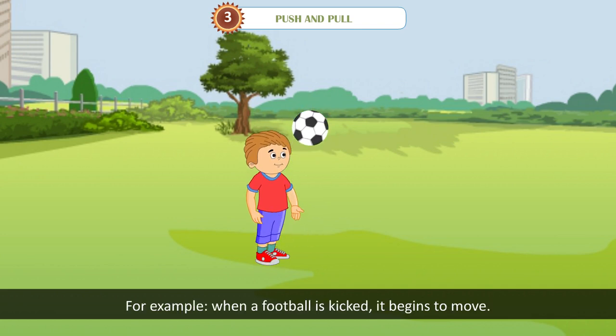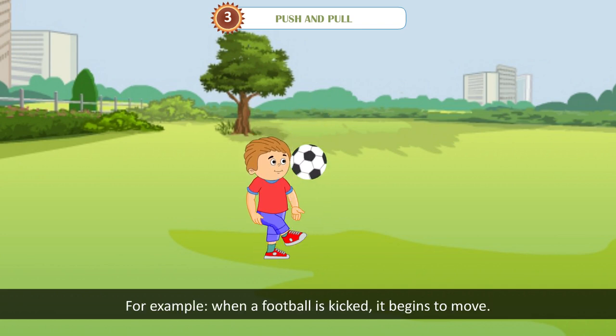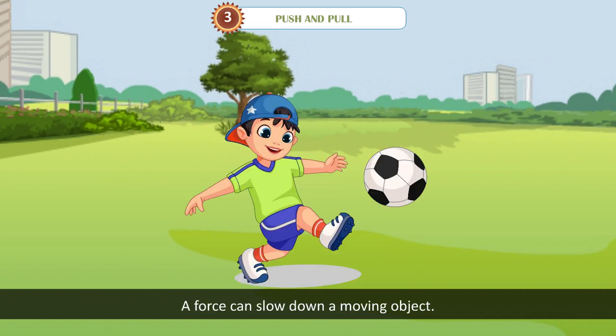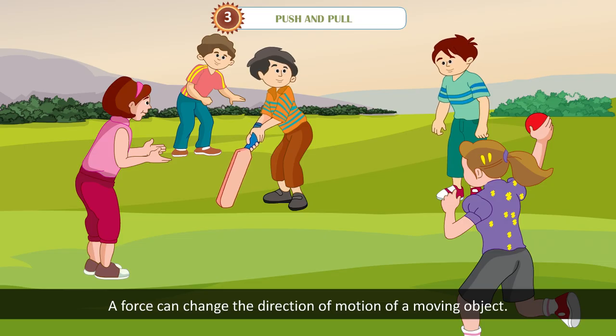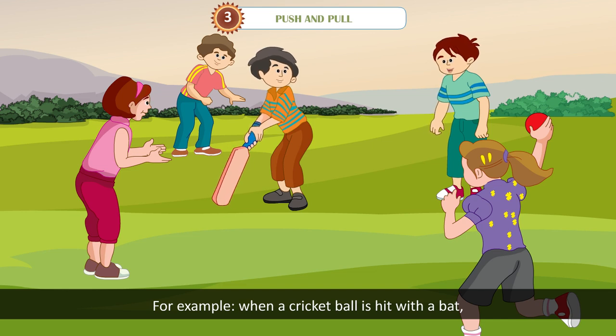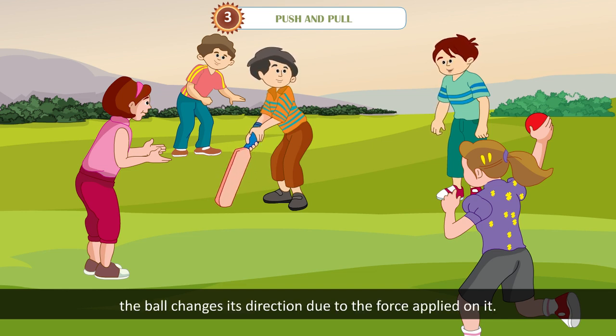For example, when a football is kicked, it begins to move. A force can slow down a moving object. It can also stop the moving object. For example, when a goalkeeper catches a football, the ball stops. A force can change the direction of motion of a moving object. For example, when a cricket ball is hit with a bat, the ball changes its direction due to the force